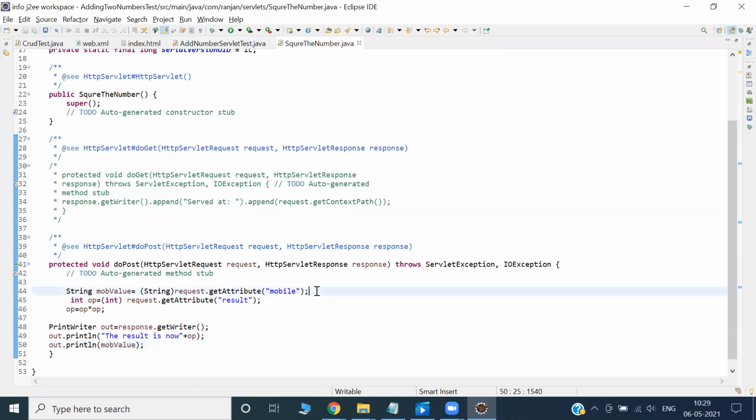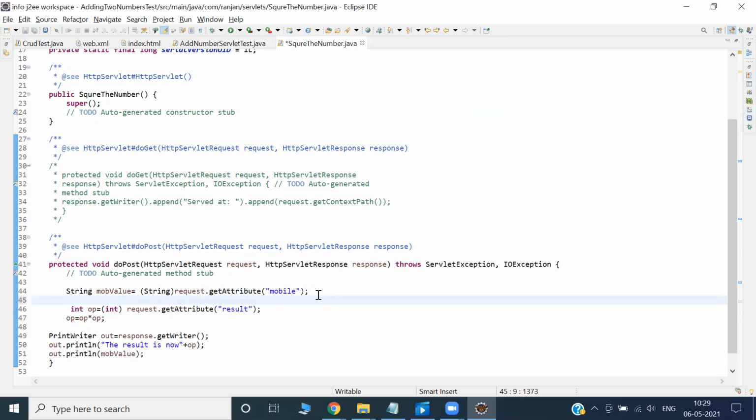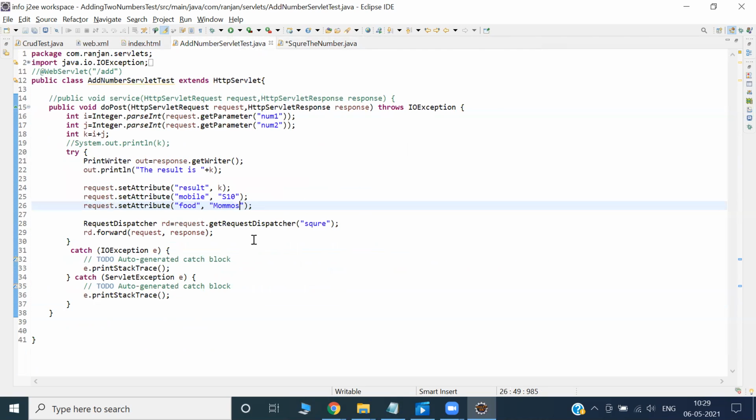Okay, fine. Then you can collect that data, right? Bijay, tell me how to fetch momo. What is the value momo? You can select food, and you will get momo. The key is here and the value is here. This is called value, and this is called key. Here, the result we are unfolding. We are getting 3 plus 7, 10.